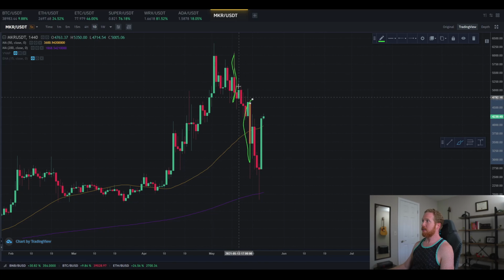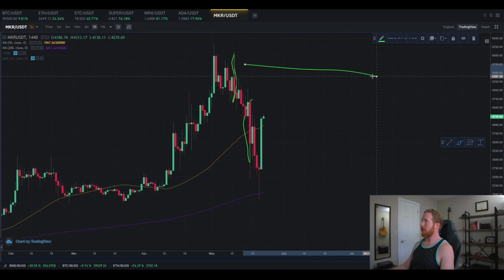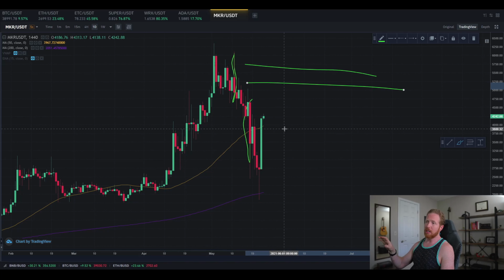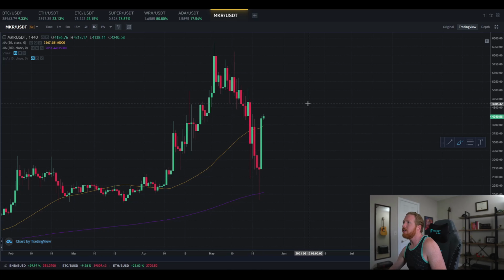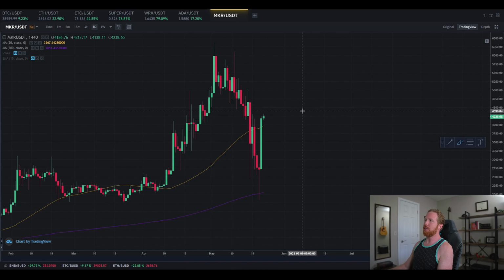I would venture to guess the true range for Maker would be somewhere in this channel here, right around 5,000 to 5,500 as an approximate estimate. Okay, so I'm not concerned at all about it. If Bitcoin continues to consolidate and just kind of stay sideways for 2 or 3 days, we're going to see the price likely closer to 5,000. That would be my prediction. In the next week, we'll see 5,000 if we can get some consistency from Bitcoin, right? So that's kind of the big thing to look at, and that's why the one-day chart is effective and helpful